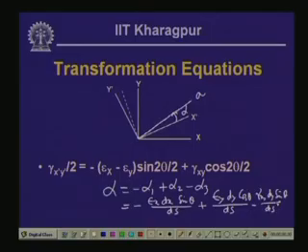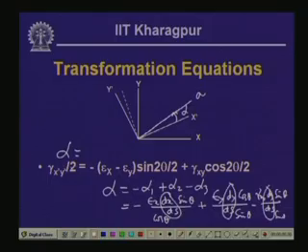Now, dx by ds as we have seen is cos theta, dy by ds is sin theta, and dy by ds again is sin theta. So, this expression turns out to be alpha equals minus epsilon x sin theta cos theta